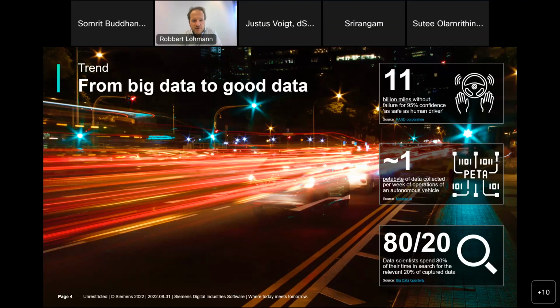So one of the trends that we see in the market is that we are moving from big data to good data. So to prove the safety of autonomous vehicles,